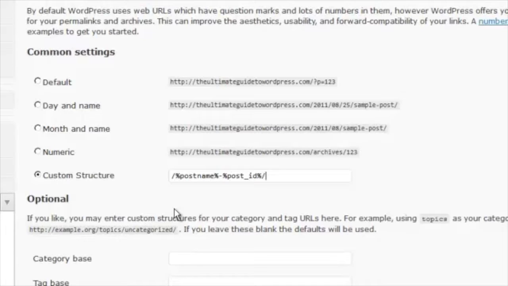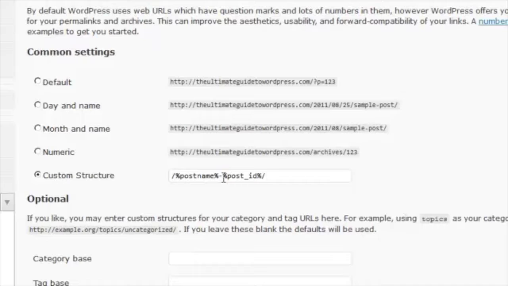For example, I do this all the time. I may write an article that's called, 6 ways to increase your email list size. And then 6 months later, I'll write another post that has exactly the same title, different content, but the same title. Now, if I gave both of them the same title and I did not have this permalink structure, let's say, for example, I just had post name,